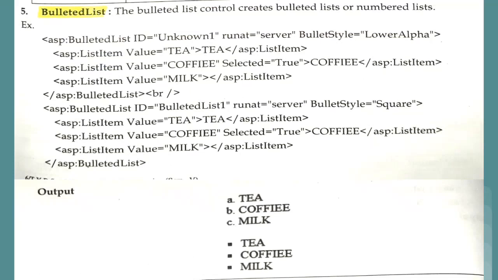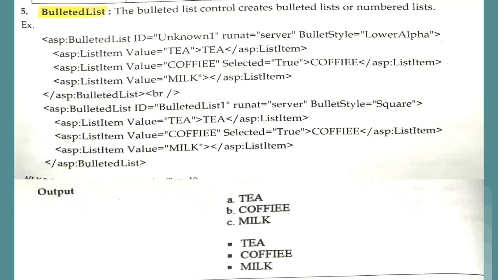The next control is the bulleted list. Actually it is almost similar to Word. Whenever we use Microsoft Office Word, if you want some kind of numbering, or some arrow-like designs, right? That is called bullets. The way we use bullets in Microsoft Office Word, similarly on a particular website, if you want to give some points with bullets, for that purpose you can make use of the bulleted list. So this is again one of the controls.